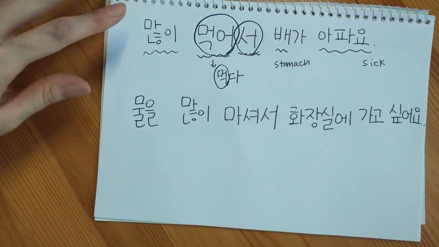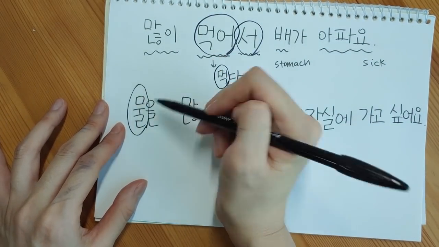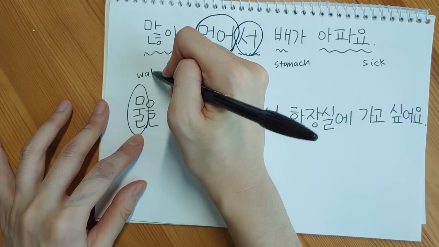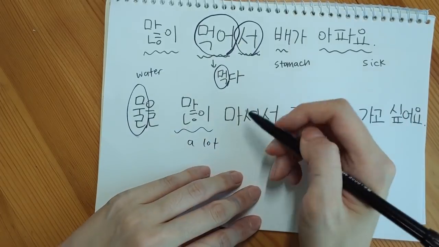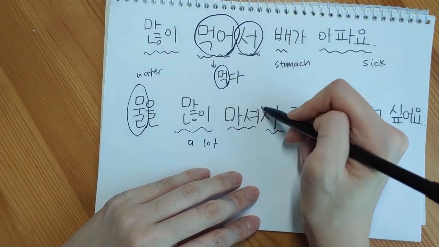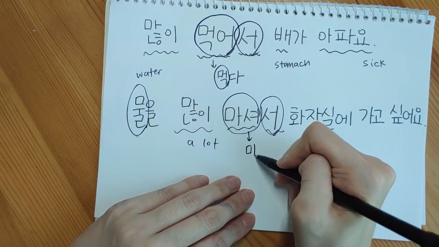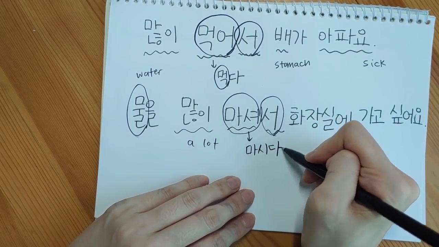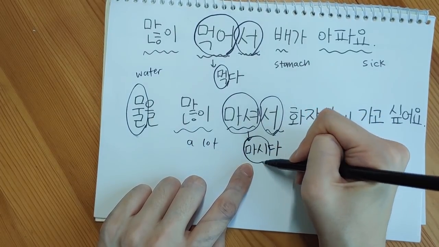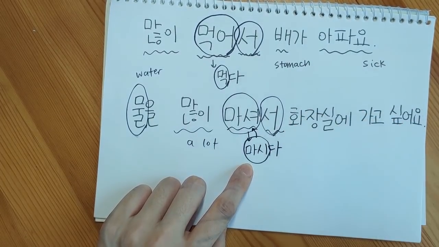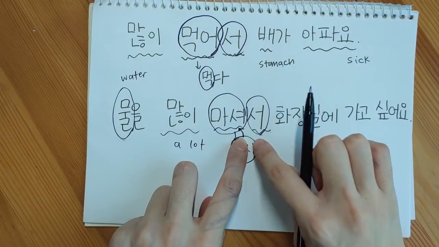How about this sentence? 물, we learned this word means water. 물을 a lot, 마셔서, present tense 서, right? This is the present tense of 마시다, which means to drink, and 마시 becomes 마셔 when it turns to a present form. 물을 많이 마셔서, I drank a lot of water, so